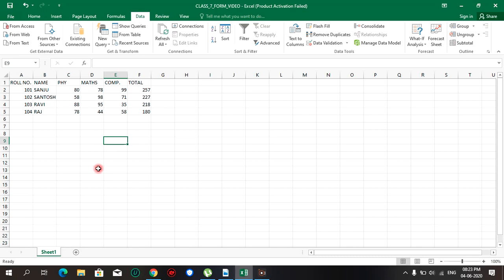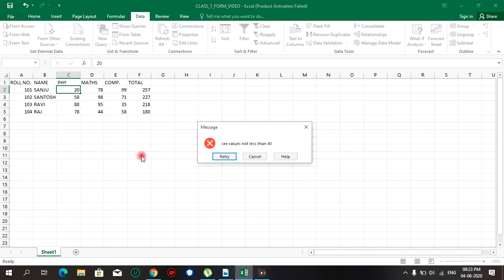If the physics value is 80 and we set the value to 20, which is below the minimum, this message comes: the value should not be less than 40, because this cell cannot accept a value less than 40.